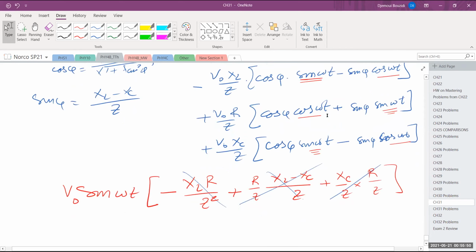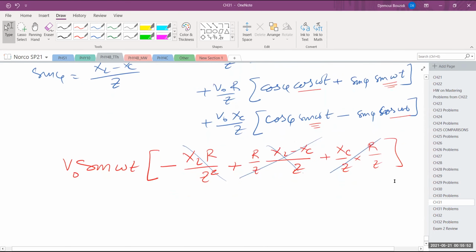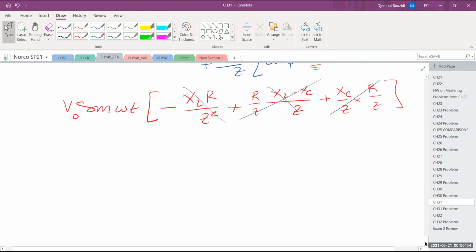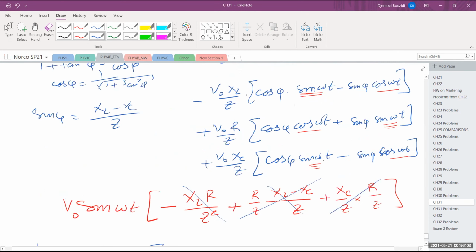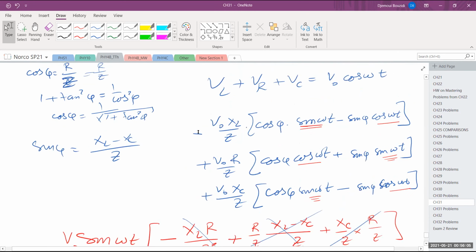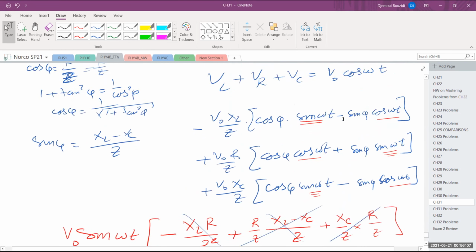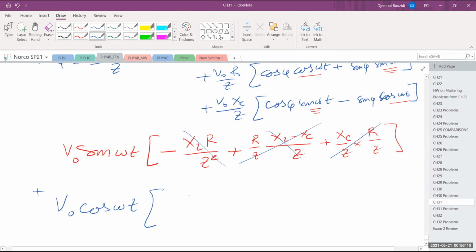I need to gather the terms that have to do with the cosine. So I'm going to do the same thing. I'm going to pull out V naught times cosine of omega t. And this term better be 1. When I add them up, they need to be 1. So what I have in here: a negative times a negative is going to be positive. So I have a positive